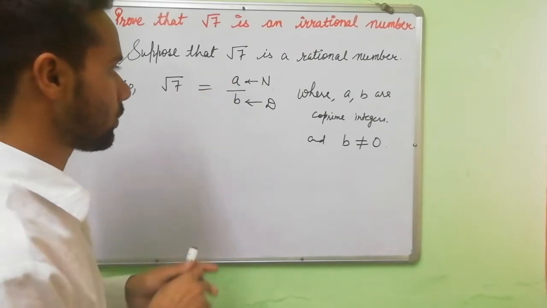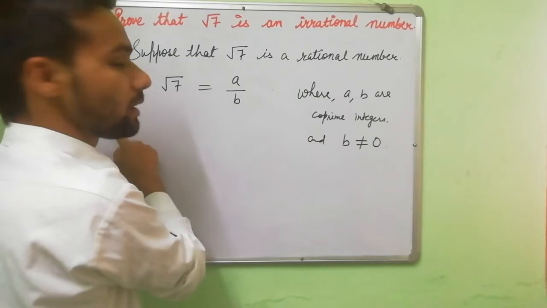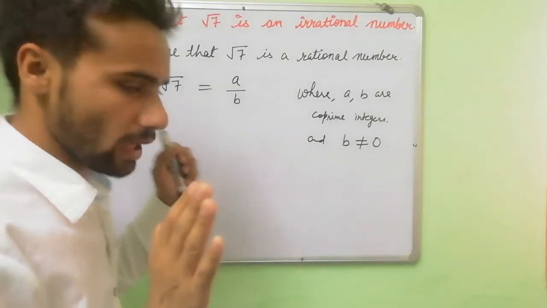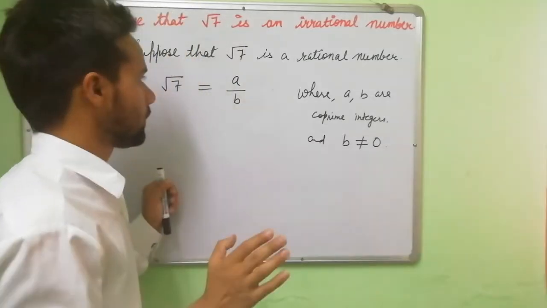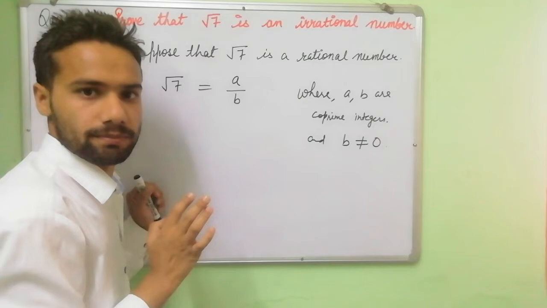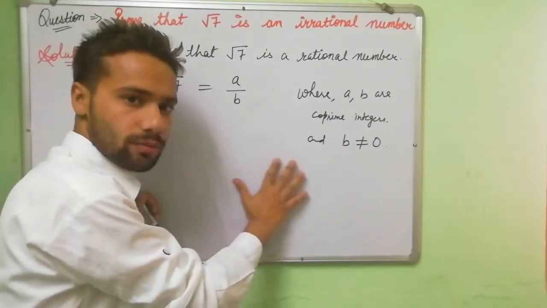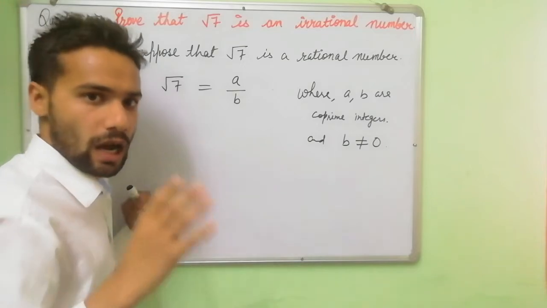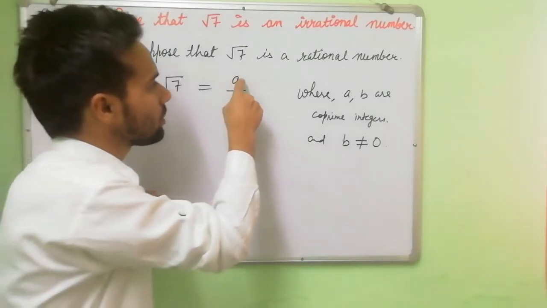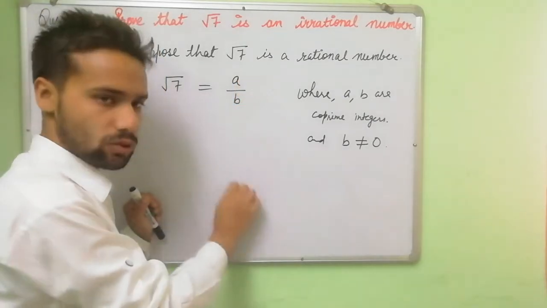So after doing this, dear student, I have square root of 7 is equal to A upon B. Then I will write here squaring on both sides. What I actually want to do here, dear student, is assume these two integers are co-prime. But whenever I proceed further, I will get a new factor, that is 7, which also divides this number and this number.